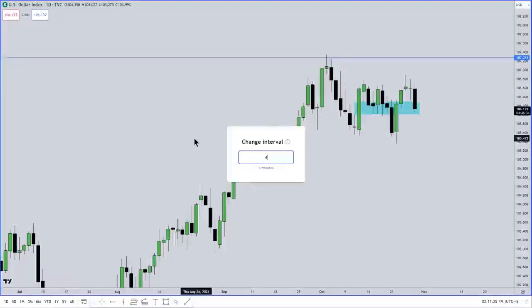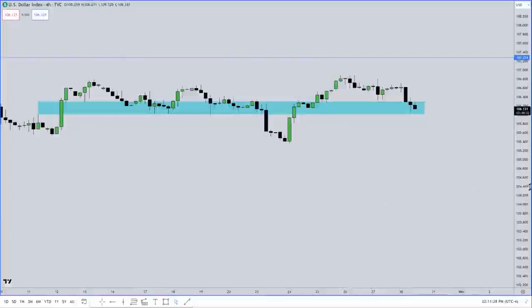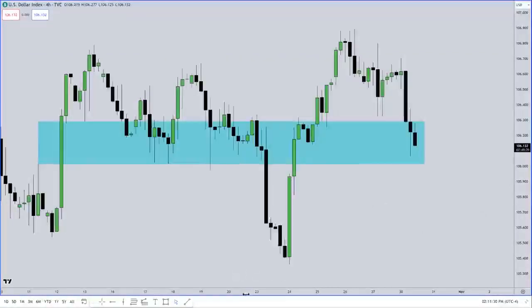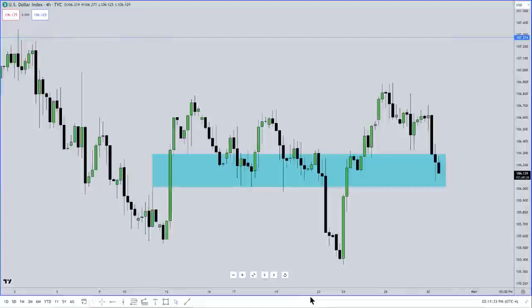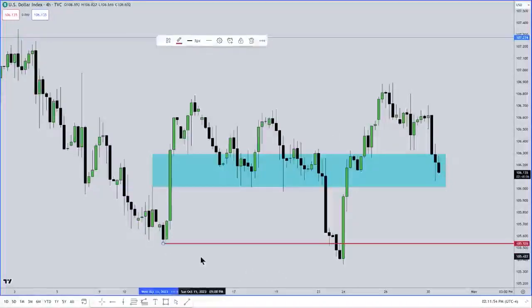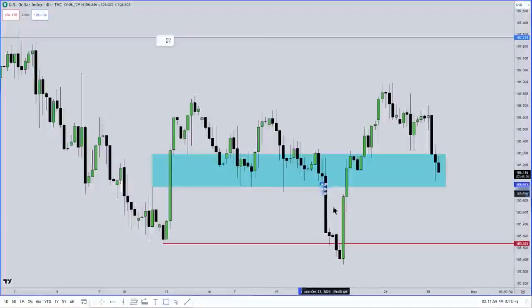So let's look at a 4-hour. All right, you see how we've already taken the sell side here with this drop. We're inside that fair value gap. It's the blue area here on the daily chart. I don't like the idea that they left this like that, but let me map it out for you like this. Do you see how this area right here,